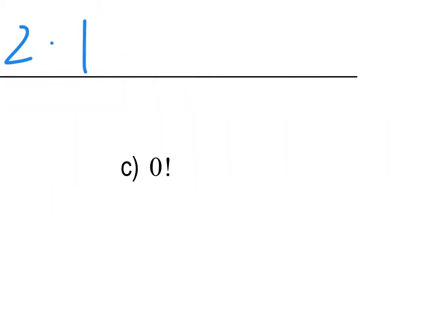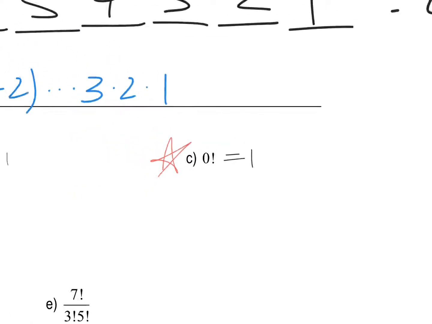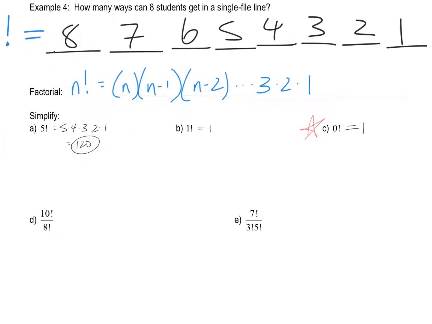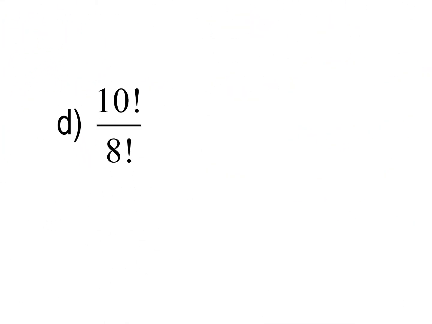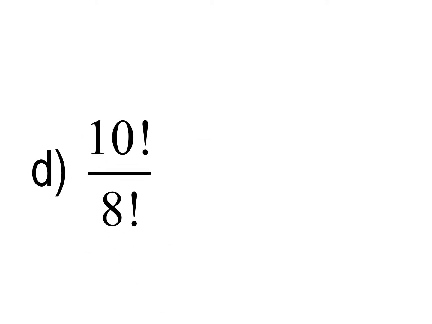Okay, 0 factorial, here's something you're going to want to just memorize. You're probably going to think it's 0, but it's actually 1. That's something to memorize. There's a whole mathematical explanation for that I won't go into right now, but just keep that in mind. 10 factorial over 8 factorial. So this means